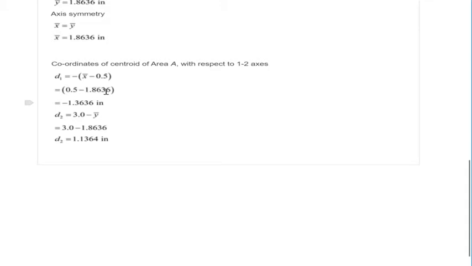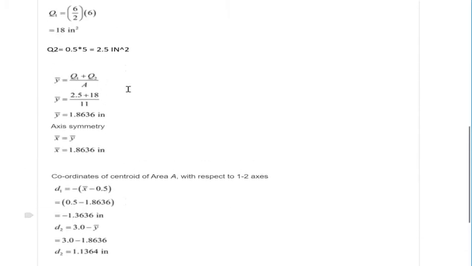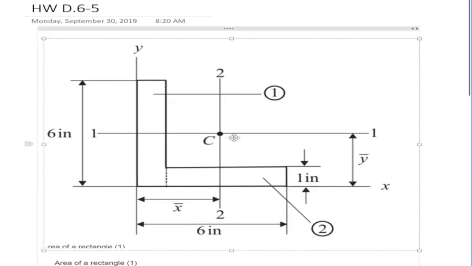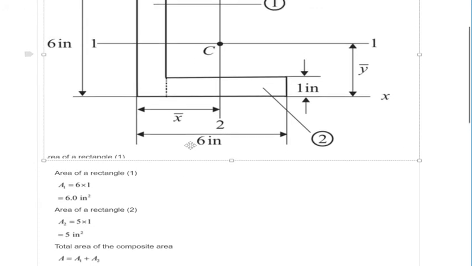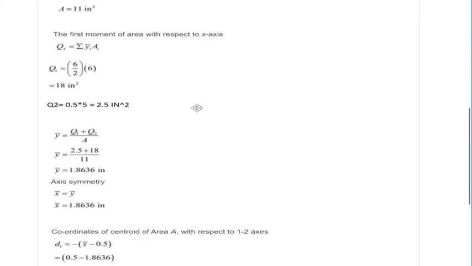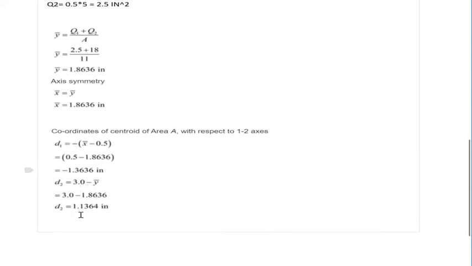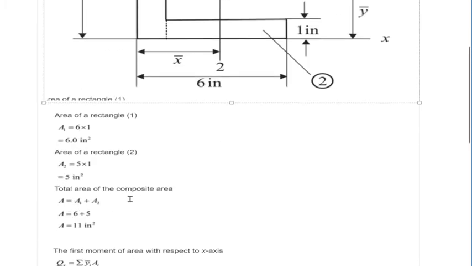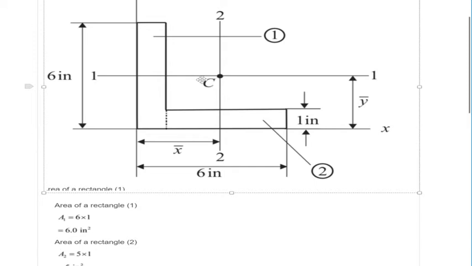0.5 minus 1.86, 1.3636. And it's negative because it's to the left of this origin of coordinates. That would be the new origin of coordinates. And the center of these would be 3 minus 1.86, 1.13, a little bit higher. This shape doesn't illustrate it really well, but this C should be a little bit around here. Anyways,